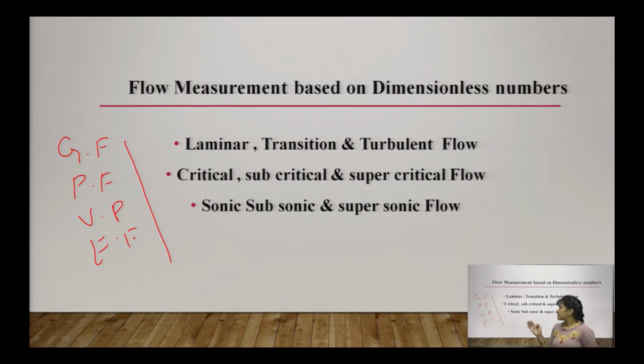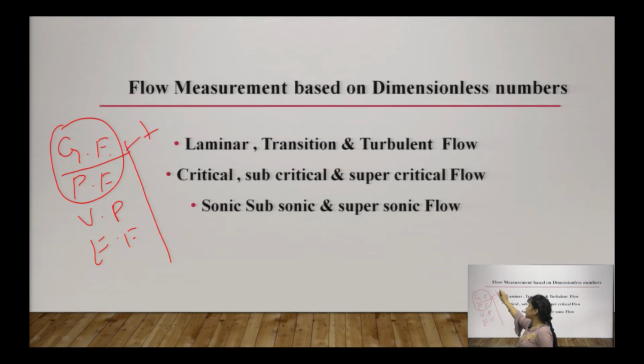These are the various categories of forces involved in the motion of a fluid, and in a single category of flow we can see that any one or any two of the forces will be dominant and the others will be contributing a very negligible amount. We have categorized the ratio of these forces. Let us suppose if the ratio of gravitational and pressure force is there, we have a set of dimensionless numbers, like the Reynolds number. Then another set where pressure force and viscous force are dominant, that will be another set of dimensionless numbers. Viscous force and elastic force, that will be another set.